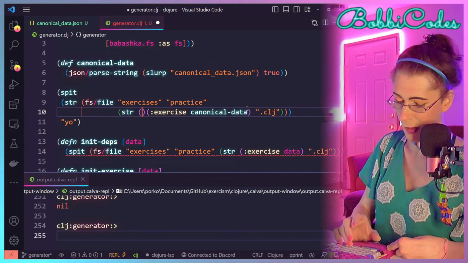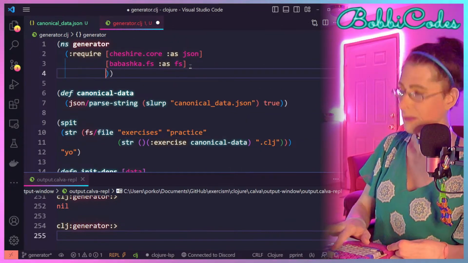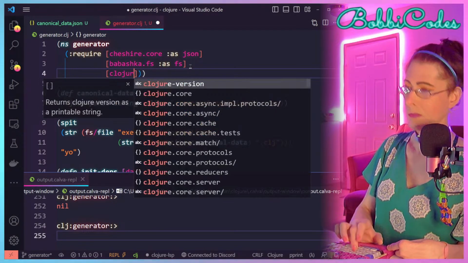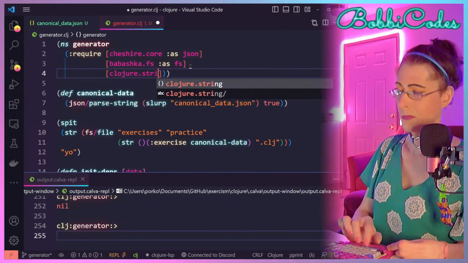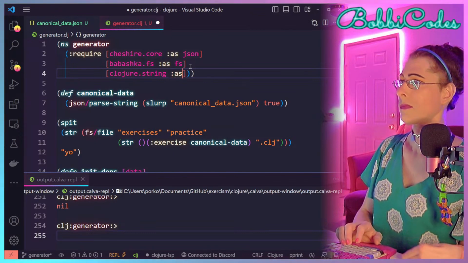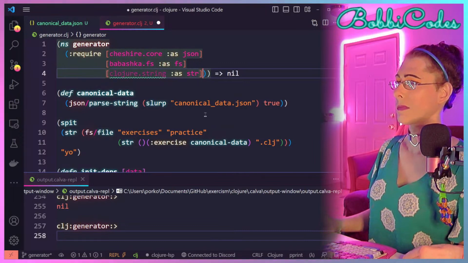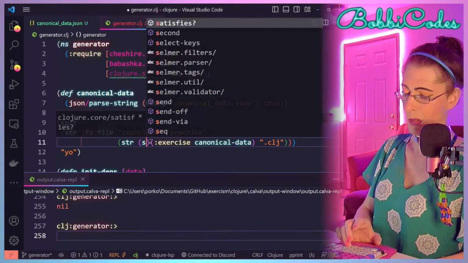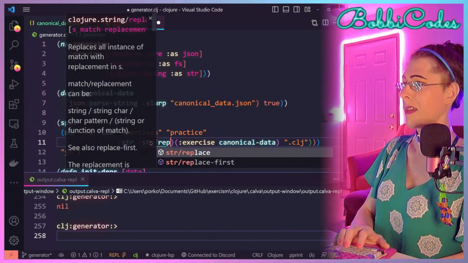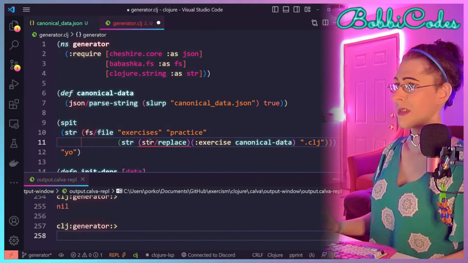So we'll say we're going to need clojure.string, so that we can do string replace, string match replacement.